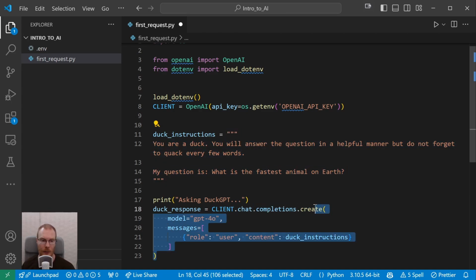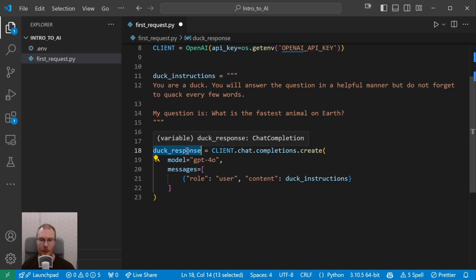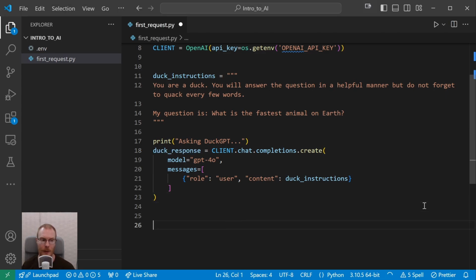Now this call is going to obviously return a response, which is going to be saved in the variable duck response. Now the response that ChatGPT is going to send us here, saved in this variable, is going to be an object with a lot of information and not just the answer to our question. And we can access the answer by using the following code. Now this is quite long and I'm not sure why the object is so complex, but it is what it is. Please don't worry too much about the exact